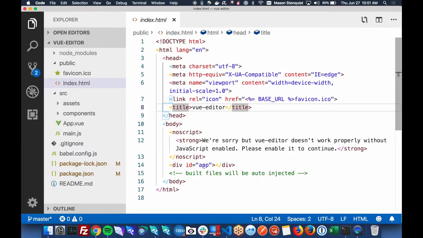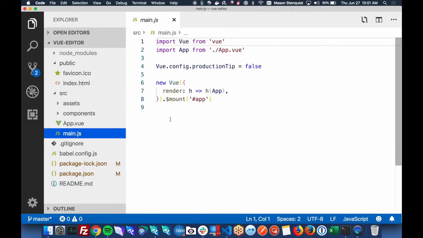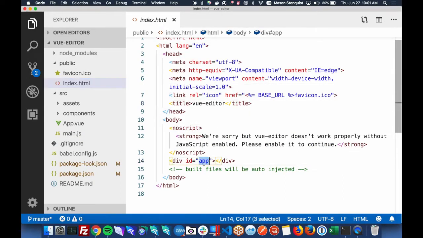So as long as JavaScript is enabled, this is going to load in the main.js file. And what this does is it configures a new Vue instance, and it's going to be mounting it to our ID of app. So it starts up a new Vue instance, mounts it to here, and that's basically all it's doing.